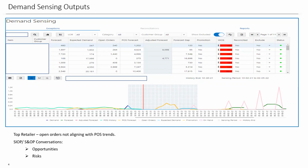And to give an example, one of the ways that we leveraged demand sensing in our primary stages was as we were vetting the data that was being uploaded, one of our retailers' future open orders seemed extremely high compared to their POS performance. And it did not align with the parameters that they gave us as their targeted weeks of supply. So in turn, we were able to validate the data, meet with the sales managers, demonstrate what we were seeing, and we were able to